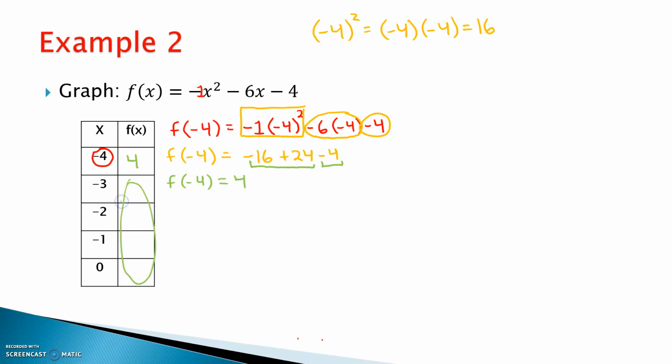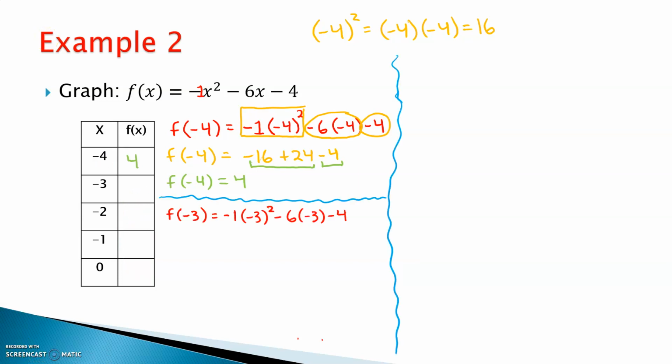Again, I'm going to do a little bit of movie magic. So give me a second. I'll show all my work here for you. All right, let me show one more here just in case you missed it. So I went through and I plugged in -3. So I'm going to bring down f of -3 is equal to, and again, I'm going to work with this